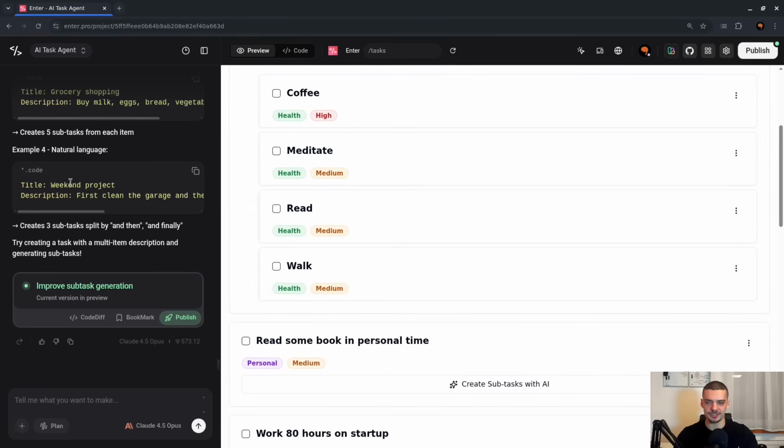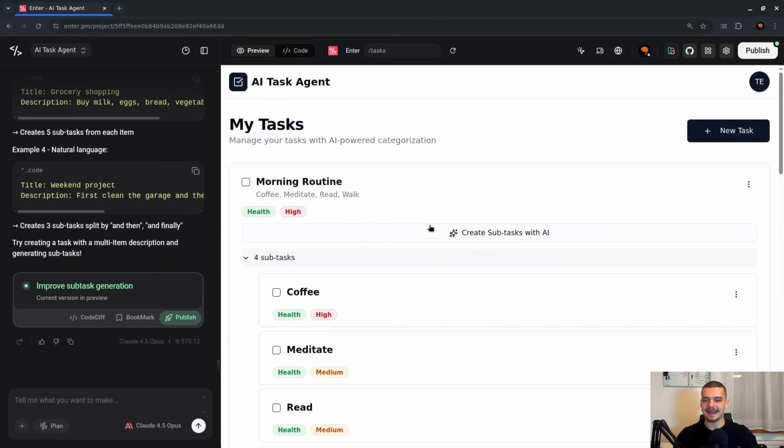We did some iterations, but finally it worked. Now, what I want to do next is integrate Stripe. And for this, I'm going to just say, perfect. Now integrate Stripe payments. The subtask